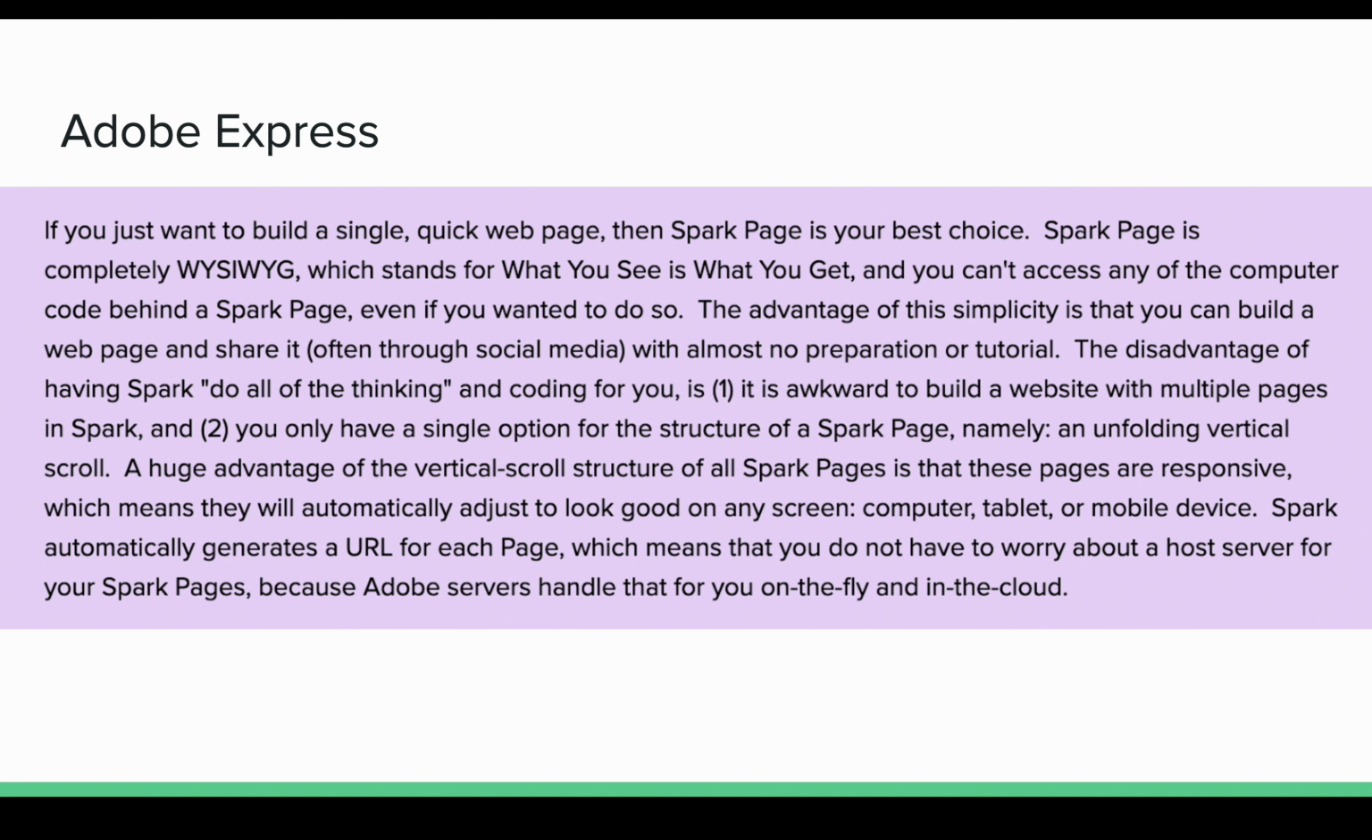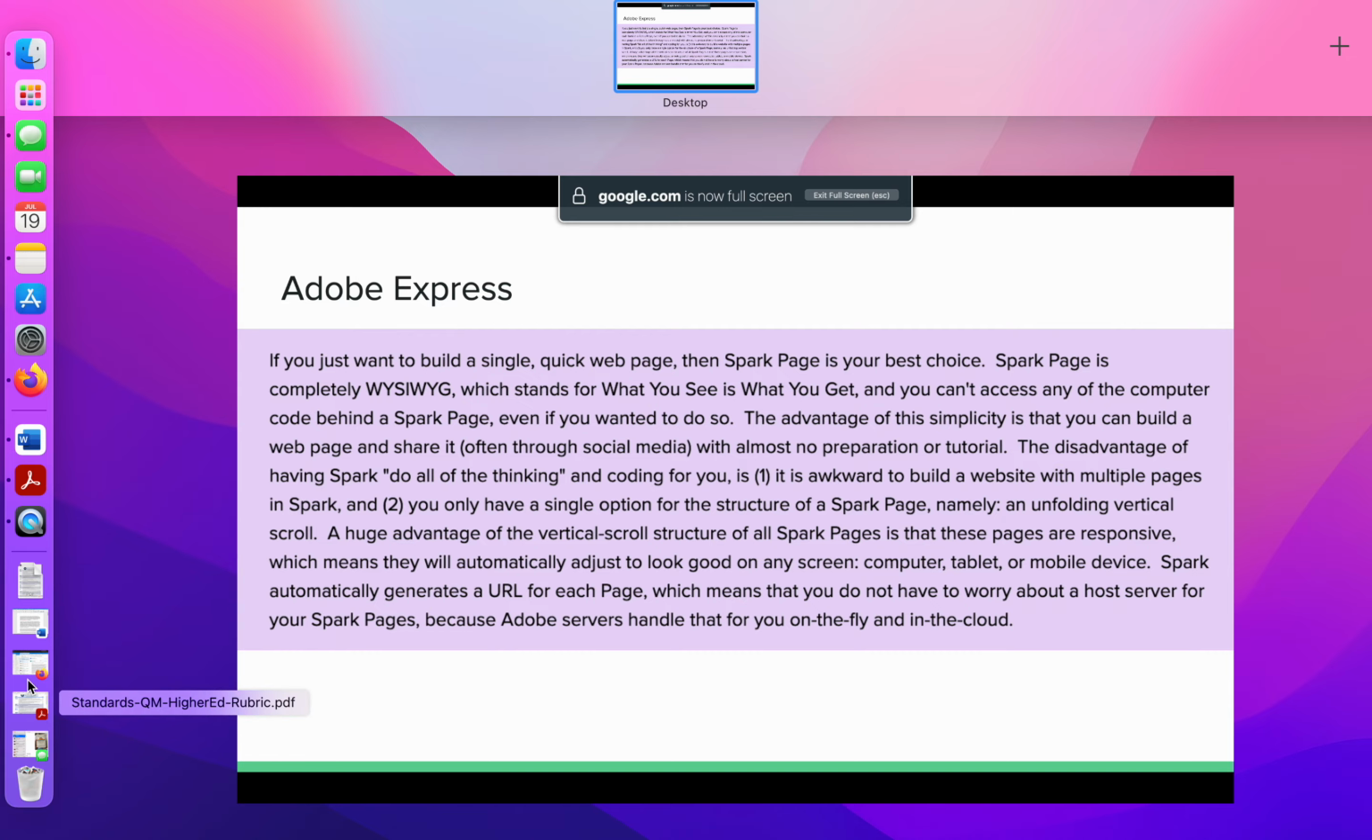I'll say that with Express, you may not be able to achieve everything you'd like to, especially if you're trying to enact all the principles of good web content design we just discussed. Do the best you can. I will grade based on what Express does allow you to do. Let's take a look